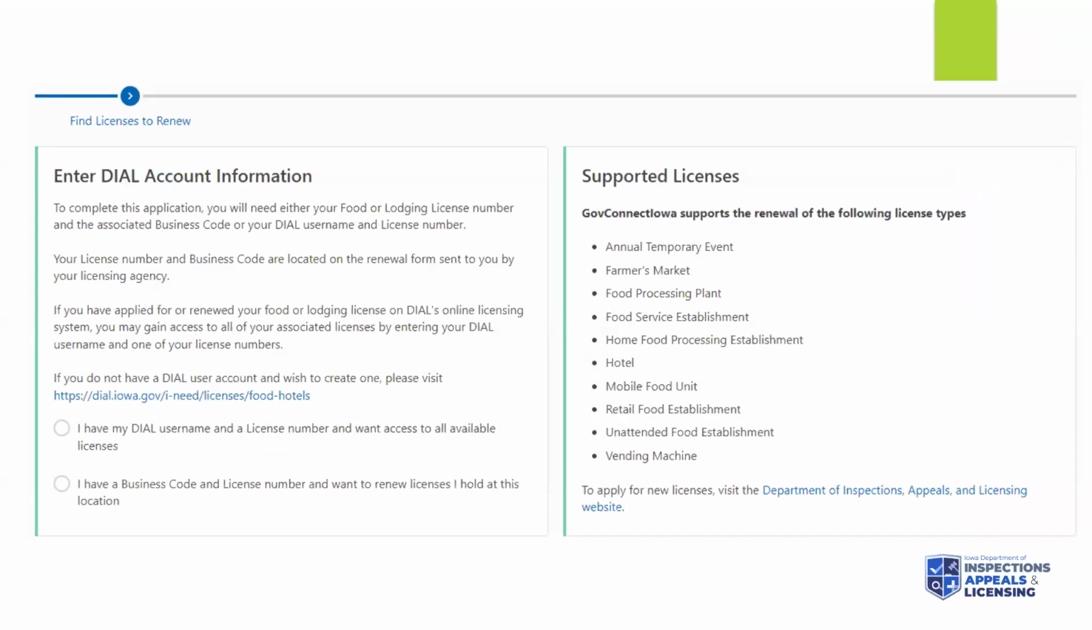On this page, you have the option to either enter your Dial username and license number with that first bubble option. The second bubble option will allow you to enter the business code and license number. For all of our customers, we email them renewals and we also mail out paper renewals. On those renewal forms, our customers can find the business codes that are specific for their businesses and then their personalized license numbers. Once those are entered, you'll be able to hit next and move on to the next screen,